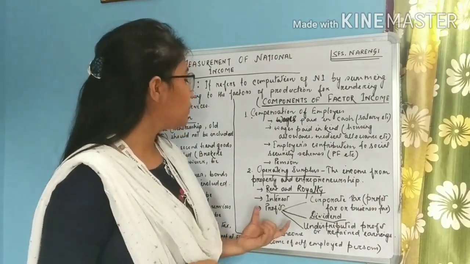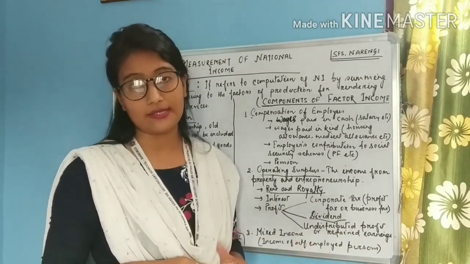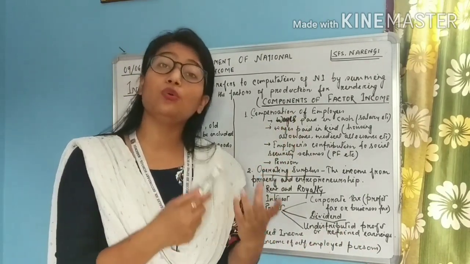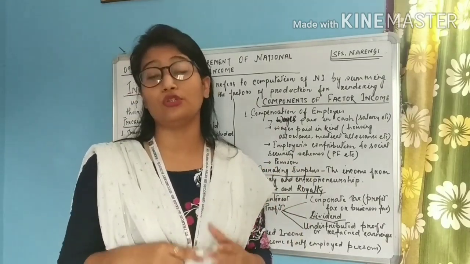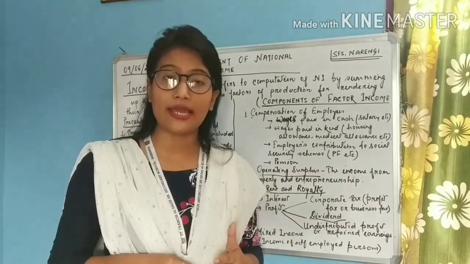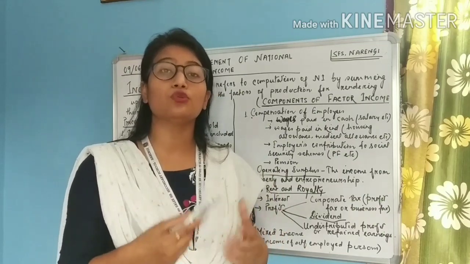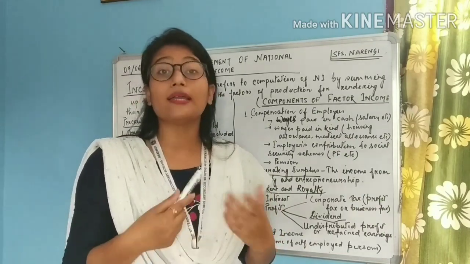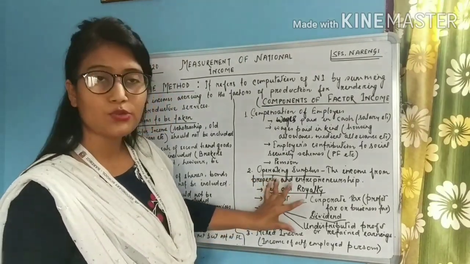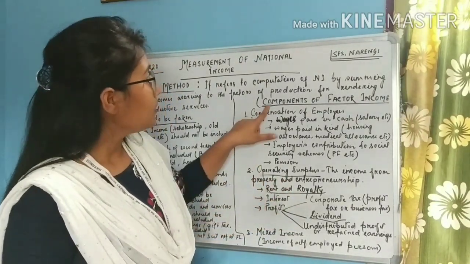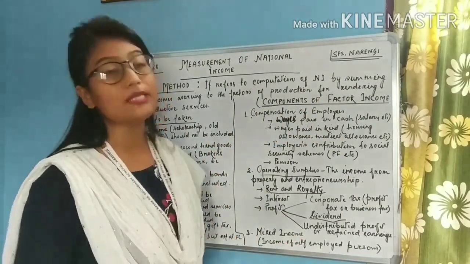And the third purpose for which the profit is used is undistributed profit or retained earnings. Some part of the profit may not be used at all, or it may be saved to be used in the future to improve the production activities, to expand the production activity, to buy new machines, to buy new plots of land, to hire new employees, etc. Okay. So students, profit is basically used for these 3 purposes, and profit is one of the components of factor income, right? And students, the last component is mixed income.